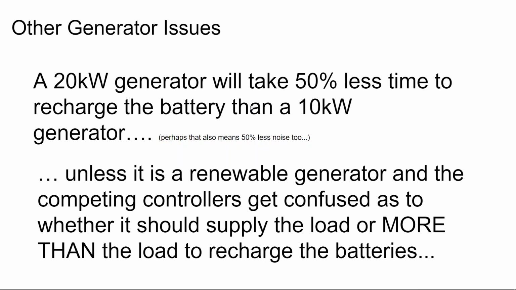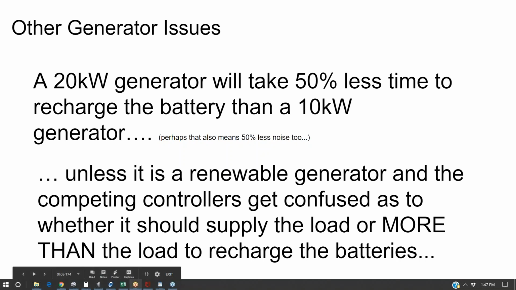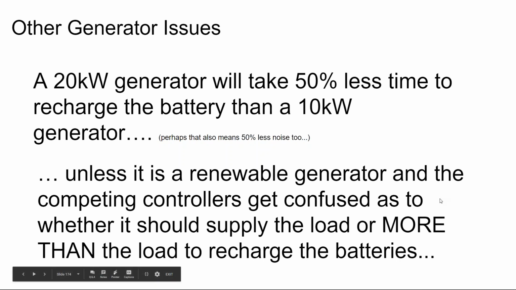Peace of mind is also important. If the client has unlimited budget, but he wants his off-grid array because he wants that wilderness paradise, well, maybe he doesn't want to listen to the generator running for 10 hours a day in the wintertime. And so that might be a reason to increase the size of the generator. I would not have the generator be substantially larger than the output capacity of the inverter.